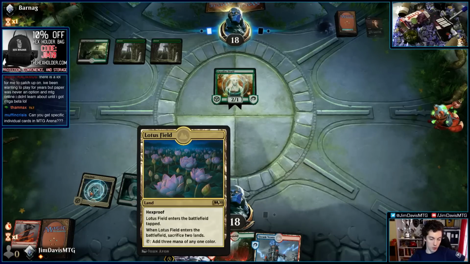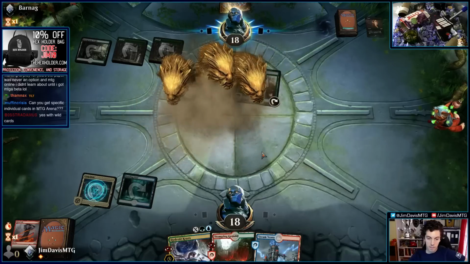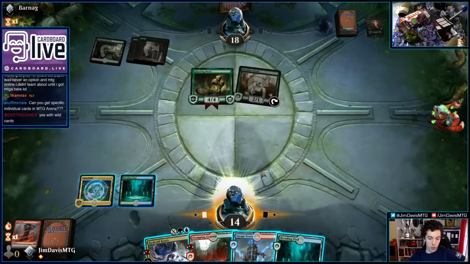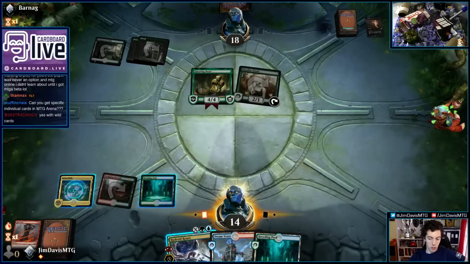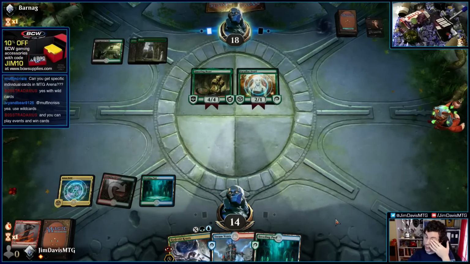They're reading my Lotus Field. Can't kill it. Hexproof. Unstoppable. Questing Beast. Sure. So, unfortunately, we're pretty flooded here, but we're going to wait one more turn and cast Hydroid Krasis as a 4/4. And hope we're still alive. If they have a kill spell here, we're kind of in trouble, but...